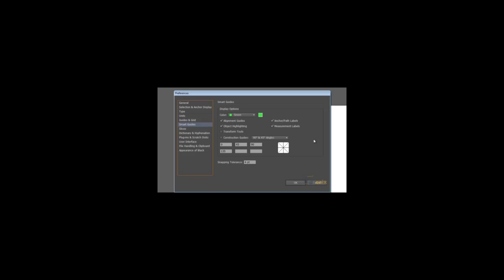Smart Guides is a very useful tool. The first option you have is color and light guides and grid, and it's not anything that's going to print, so it's purely for your preferences, for whatever works best for you and for your documents in general. The next option is alignment guides. Right under it,